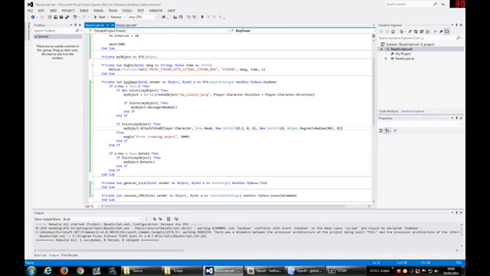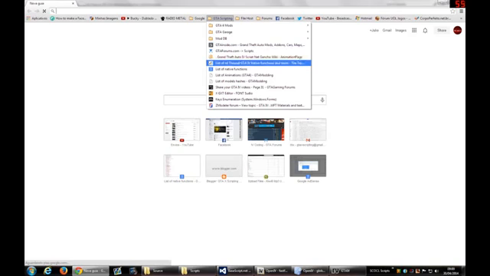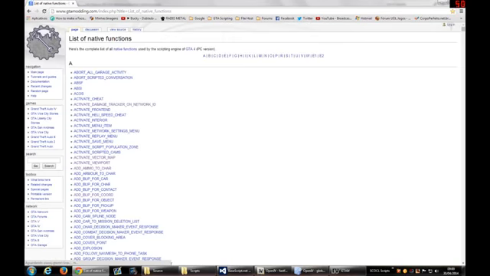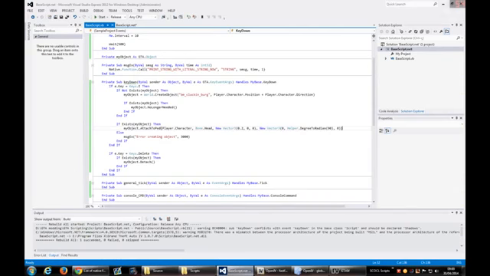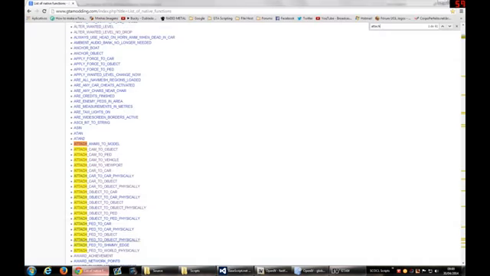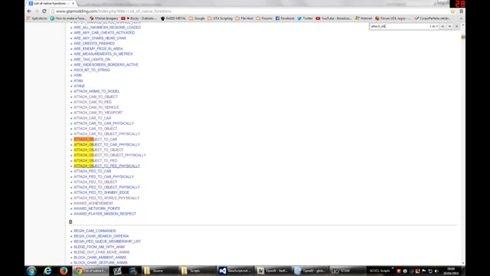If you take a look here in the list of native functions, you can see that what the script hook is doing with this method is calling this method here, attach object to ped.